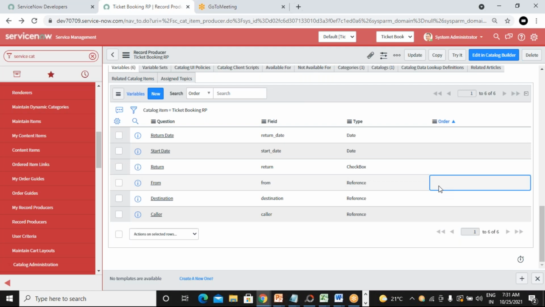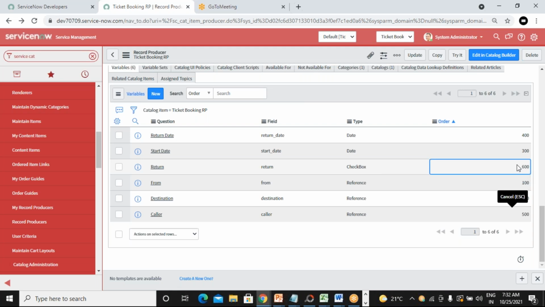So let me start with the from. Let's say I want to display from at the top, so I'll start with 100. Then destination 200, start date 300, return date 400, caller 500, and return checkbox 600.